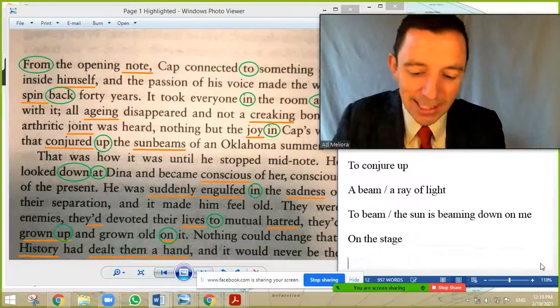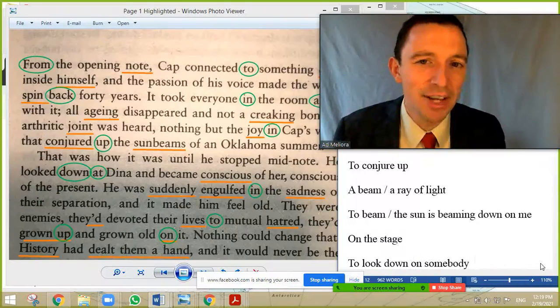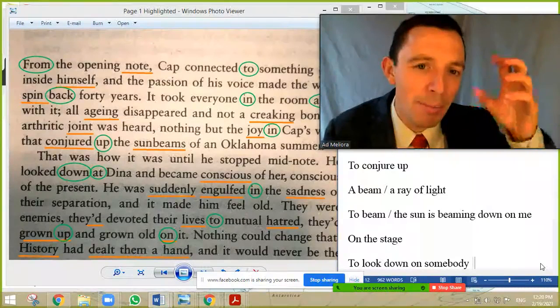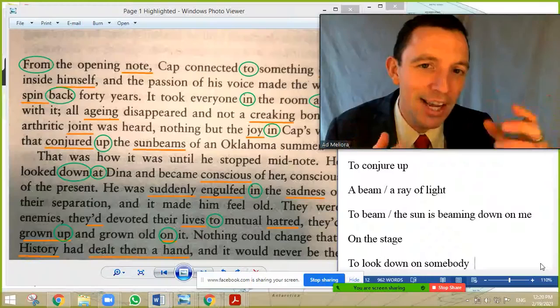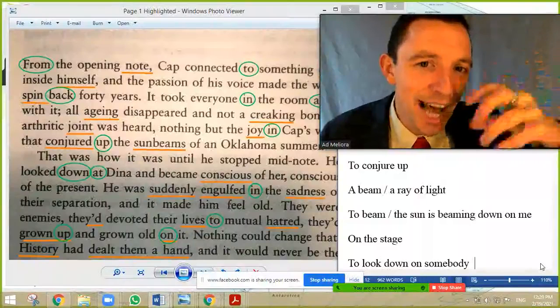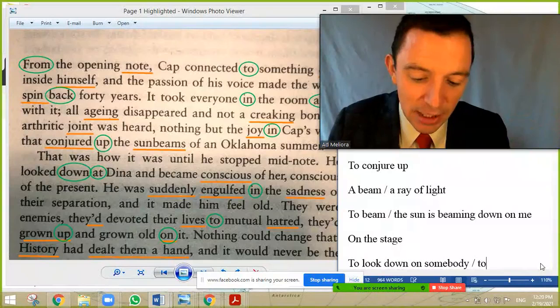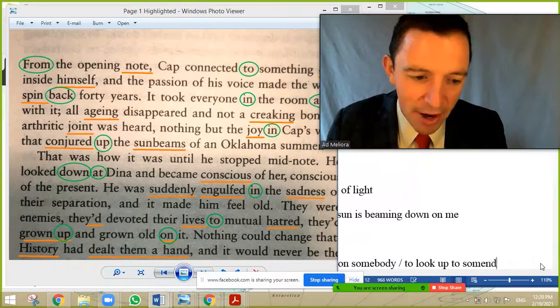But the second significance, to look down on somebody, has a negative association. So you think you are better than the other person. You are probably more arrogant than the other person, and you look down on the other person. So it's a metaphor that you think you are better, you think you are more arrogant, and it's probably very rude. So if you look down on somebody, it's bad.